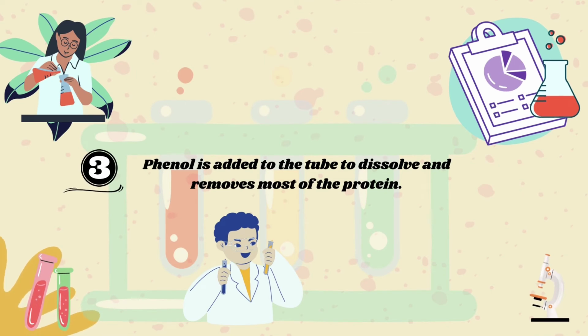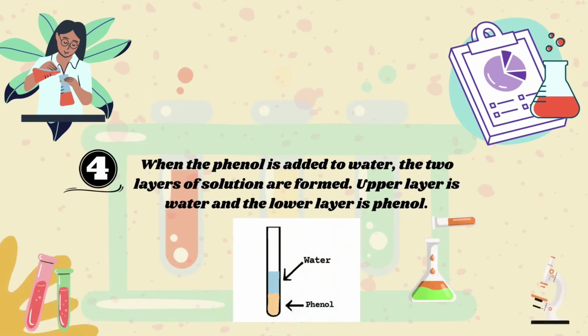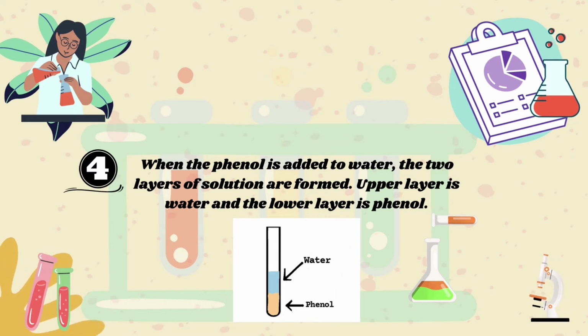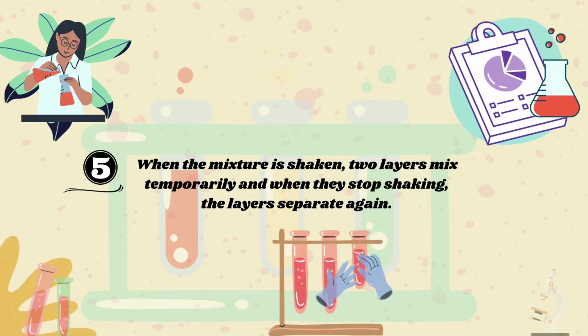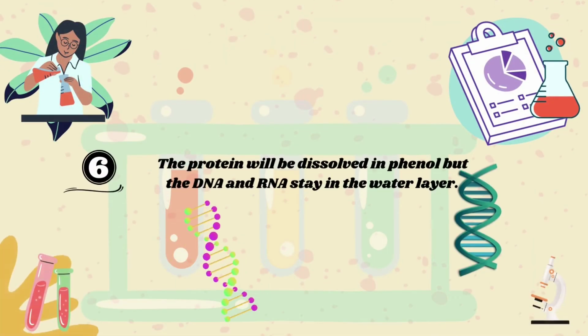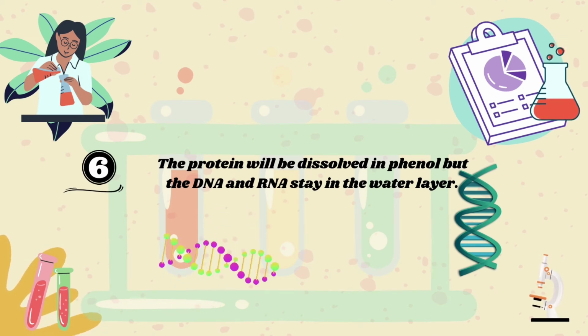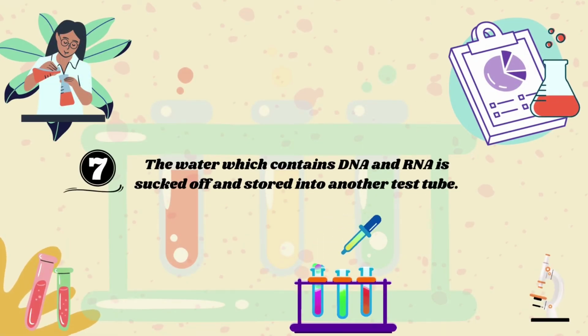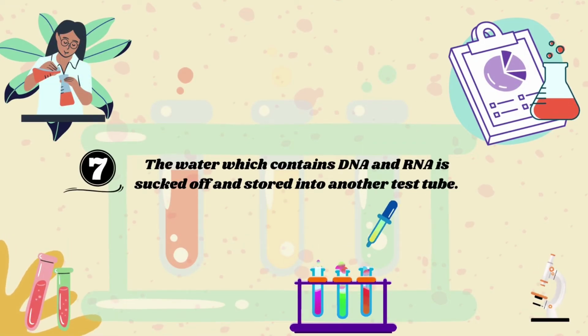Phenol is added to the tube to dissolve and remove most of the protein. When phenol is added to water, two layers of solution are formed. The upper layer is water and the lower layer is phenol. When the mixture is shaken, the two layers mix temporarily, and when the shaking stops, the layers separate again. The protein will be dissolved in phenol, but the DNA and RNA stay in the water layer. The water which contains DNA and RNA is sucked off and stored